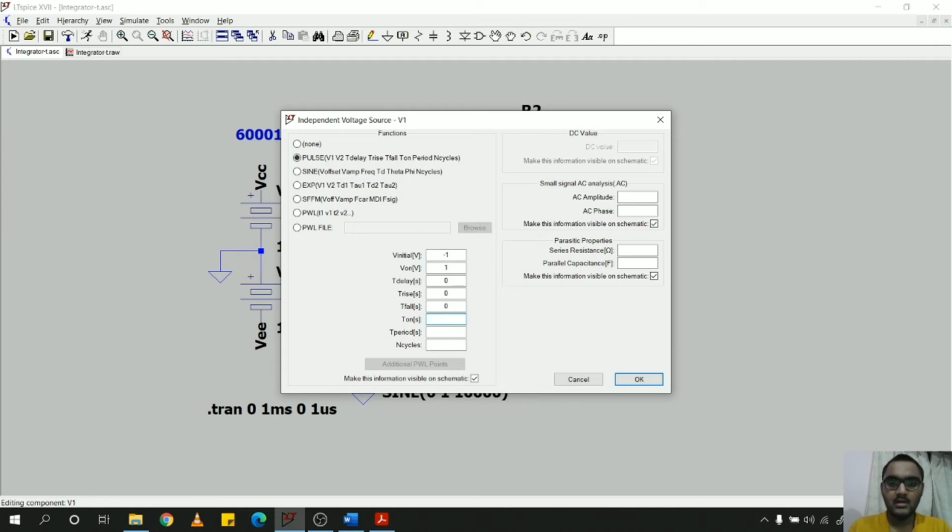Now I have calculated the value of T on and T period. T period is equal to 1 upon your frequency. Our frequency is 10 kilohertz. So the value of T period will be equal to 0.0001, and T on will be half of this value, that gives us 0.00005.